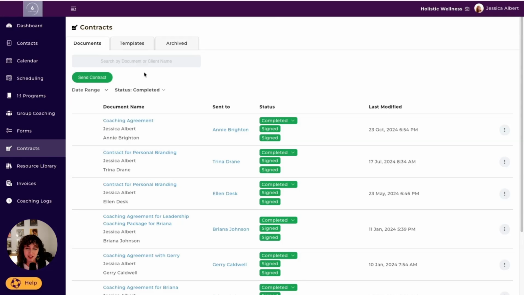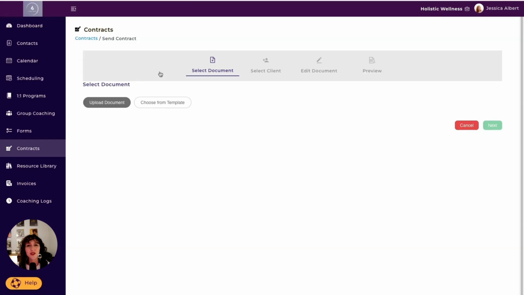To send a contract to a client, you can simply select the green Send Contract button here. To learn more about this topic, please refer to the article in our Help Center titled How to Send Contracts